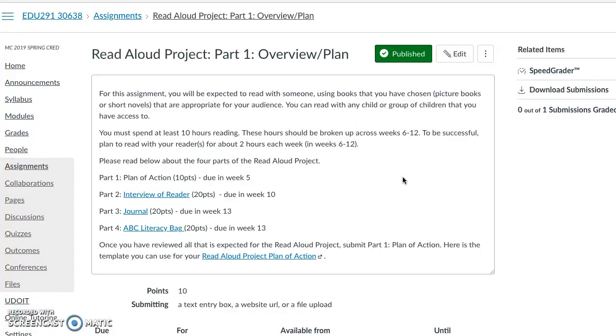So for this assignment, you will be expected to read with someone using books that you have chosen. They can be picture books, they can be short novels, just whatever is appropriate for your audience. You can read with any child or group of children that you have access to. I've had a lot of students email me saying, does this mean that I have to do service learning? No, you do not have to do service learning, and it's not required. If you are already in a service learning situation and your teacher has given you permission to read to the children for 10 hours of your learning time,